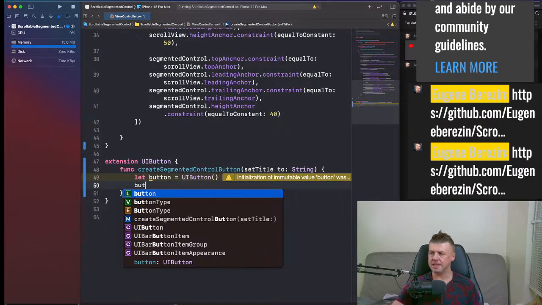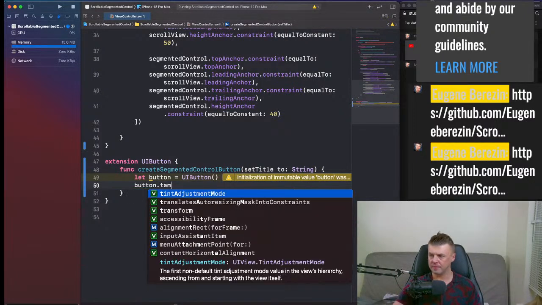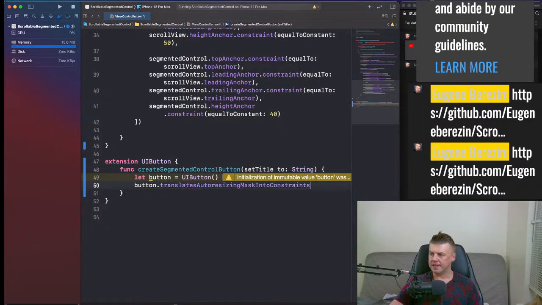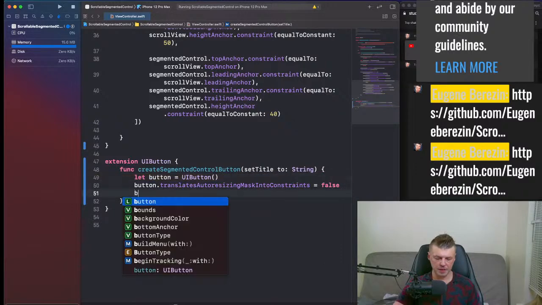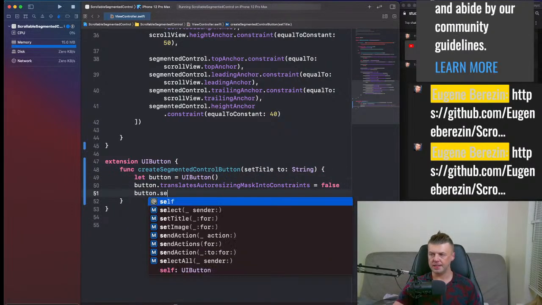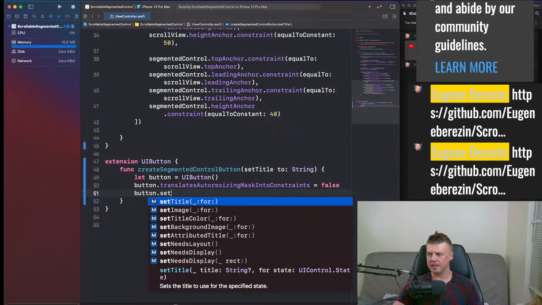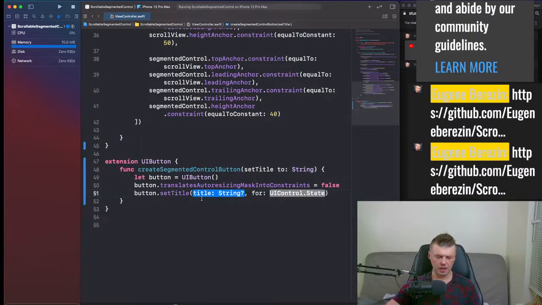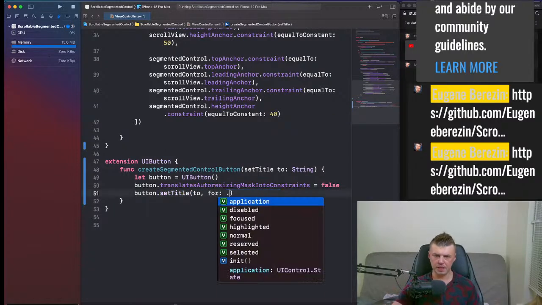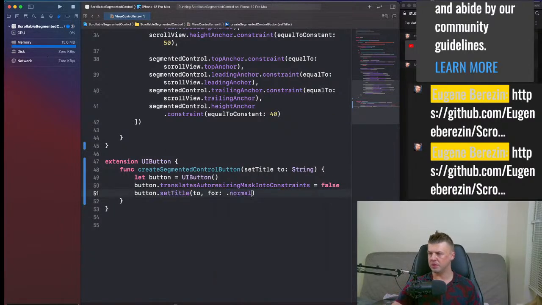So button translatesAutoresizingMaskIntoConstraints false. So then button setTitle to, and for the state normal,